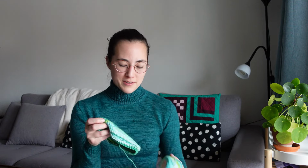But the pattern is a free pattern, so it's a little bit light on instructions, especially on what to do in the corners. After you cast on, it's just saying like change side and start crocheting on the other side, and I'm like, what am I supposed to do? Do I leave a hole? Do I skip stitches? Do I fold? Anyway, maybe I need a little bit of hand holding because I'm not as comfortable in crochet as in knitting, but yeah, I just think it's better if I do the two one after the other, so they are really identical. That's it for my work in progress, and now I can talk about the bigger work in progress,